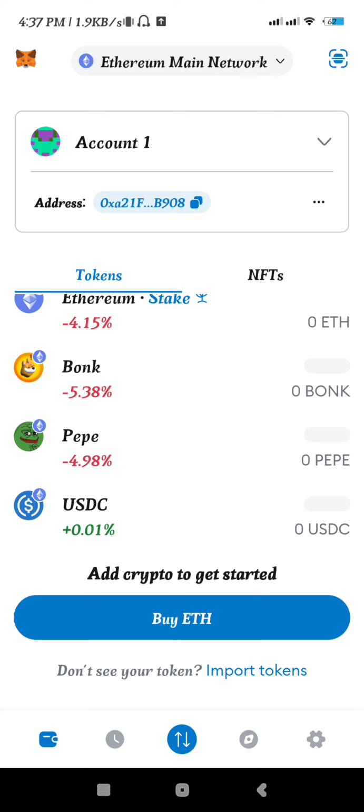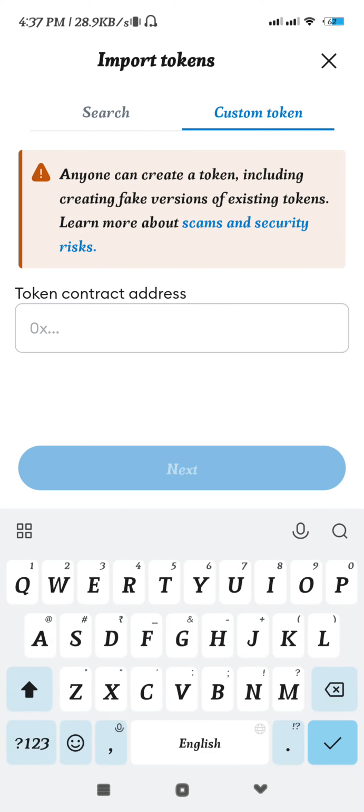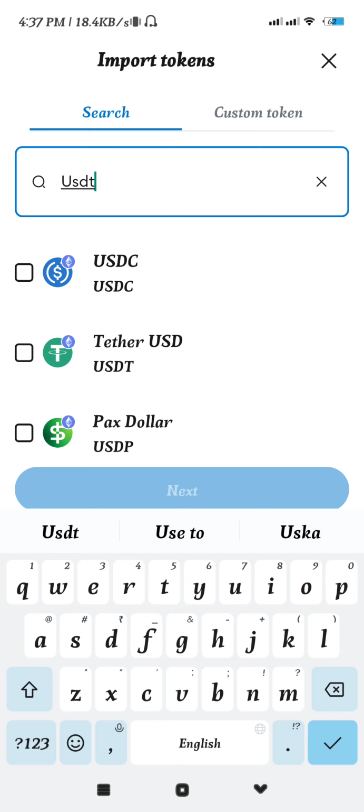here. So tap on the import token option, and in the search bar you need to search for USDT. Once you are able to find USDT, simply check the mark right next to it so that you could select it. Then you need to tap on the next button in the bottom. After that, it will show you USDT, so you need to tap on the import button in the bottom right hand corner, and this way you will be able to import USDT on the Ethereum main network in your Metamask